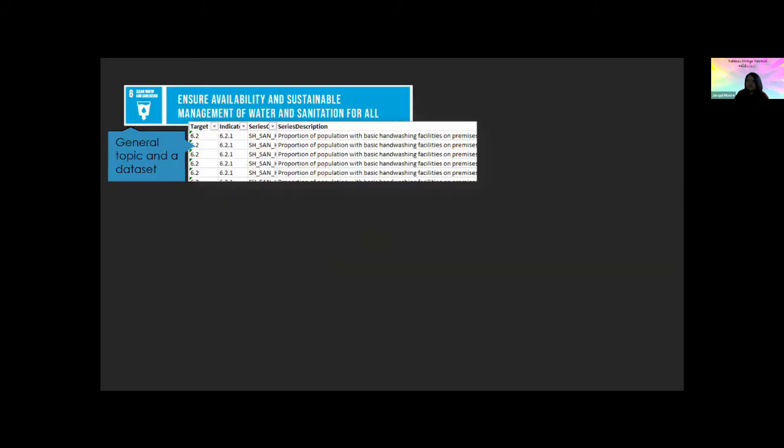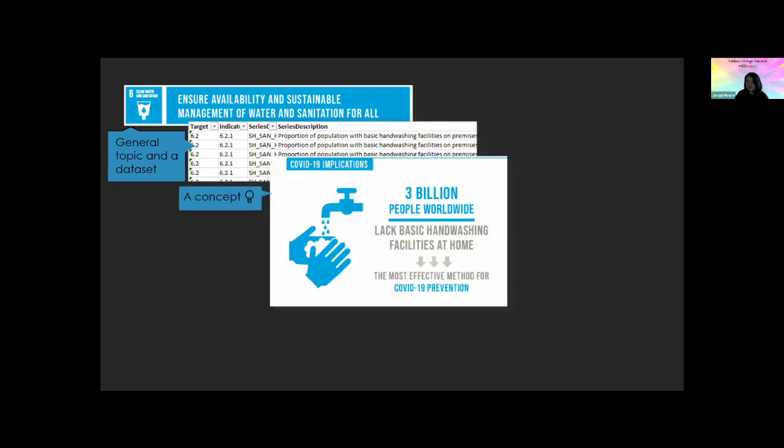An example of this is my project for the SDG Viz project, month 6, clean water and sanitation. So I have the data set, which has a number of measures and targets that are rolling into this overall goal. And as I'm exploring, I see that access to basic hand washing facilities is one of the metrics.